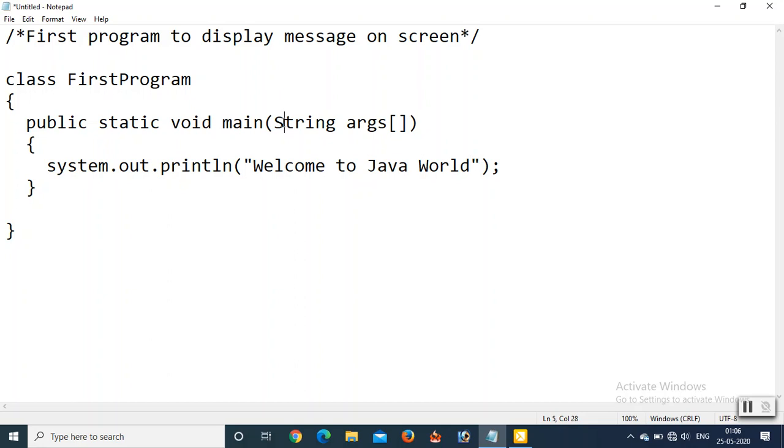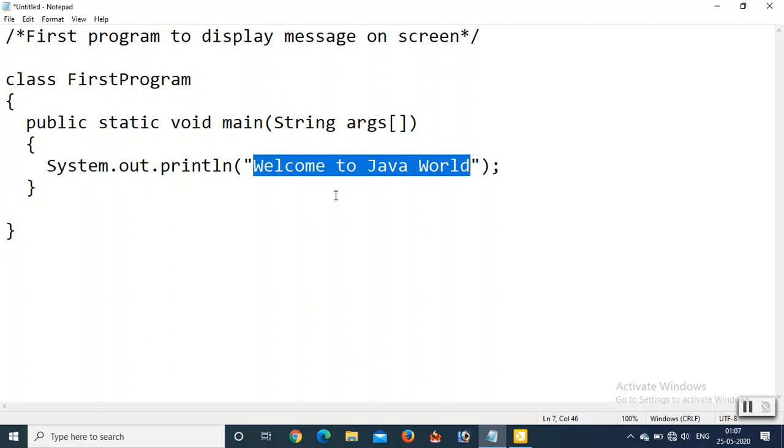First one is String's S, and second one is System's S. So right here System has a capital S. Okay. So now System.out.println, and then whatever you want to print, you will have to write inside these double quotes.